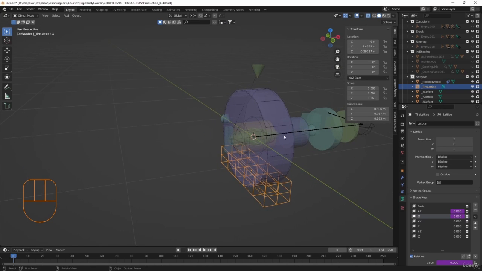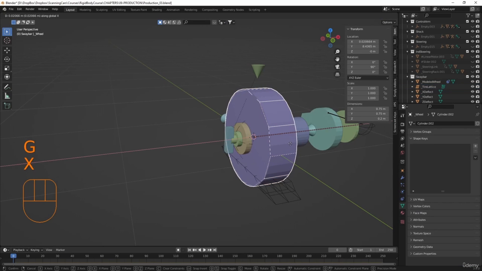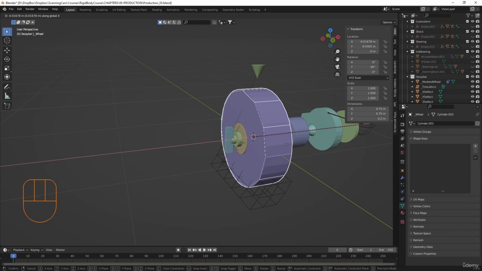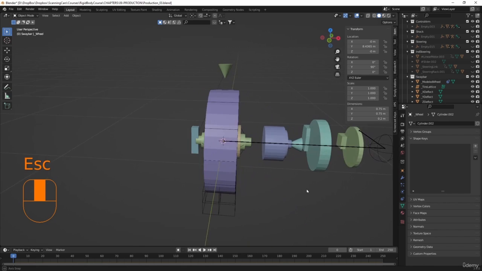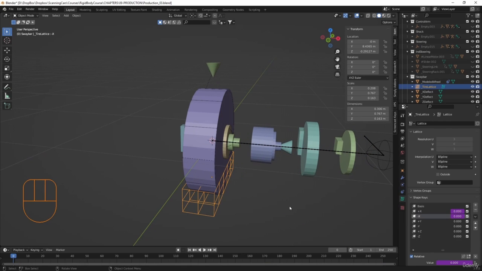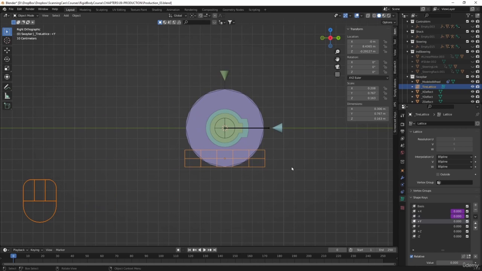Now, let's turn off X-ray. Let's move it along the X both ways, and it follows it. So you should be doing this. Now we want to do the same thing with the Y. So let's make our shape key. So let's do +Y. Come into a side view for this one, and we'll tab into it